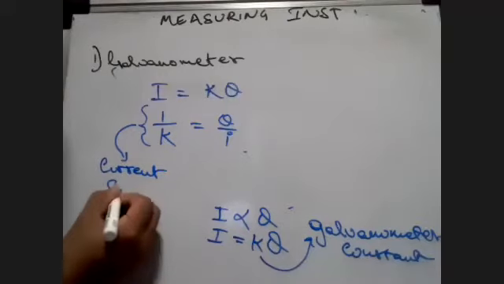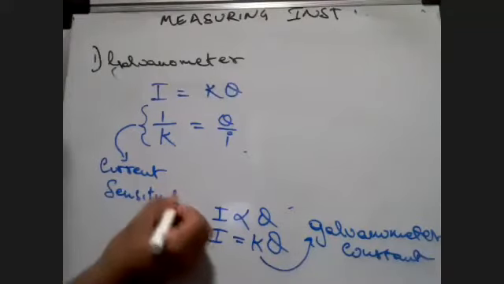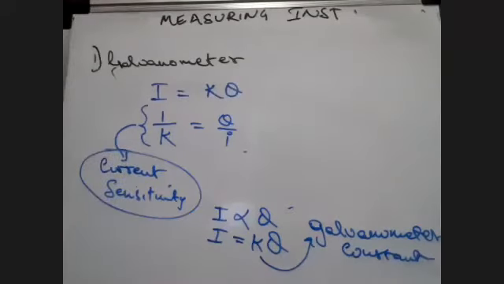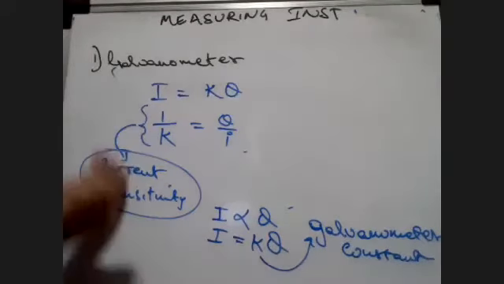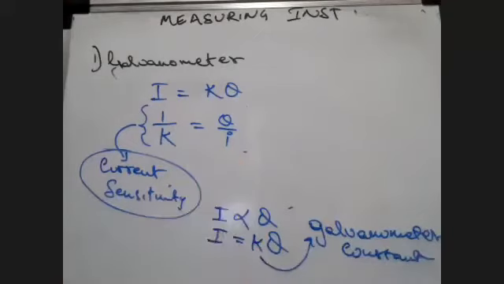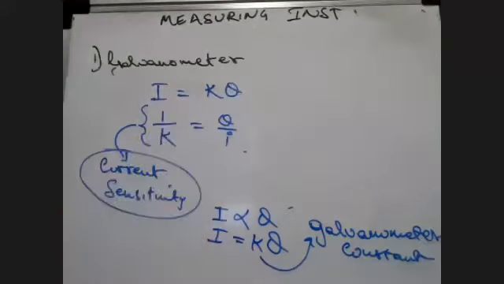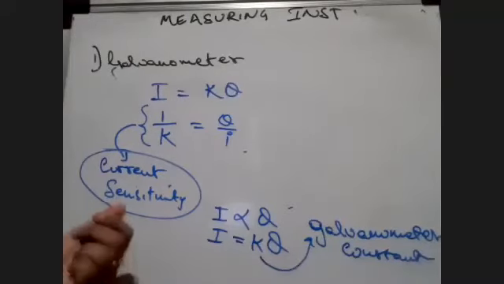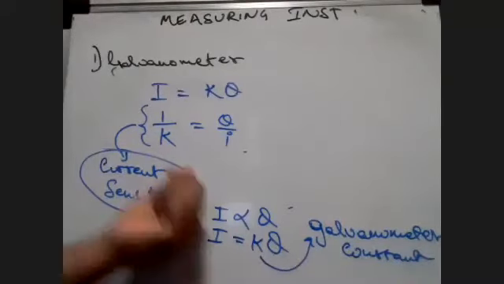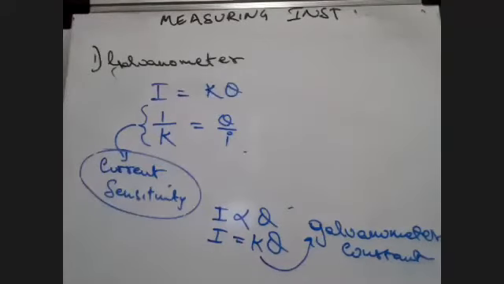Of course, you can understand why it is called current sensitivity, because it depends on the current, inversely proportional to the current and directly proportional to the angle theta. Is that understood, everyone? Everyone understood? So now, how can we define current sensitivity? Looking at this formula itself, current sensitivity is the deflection per unit current.